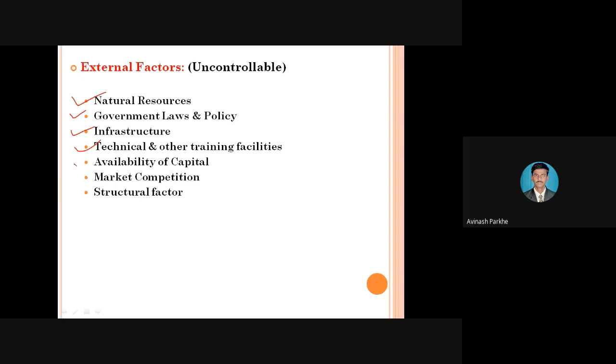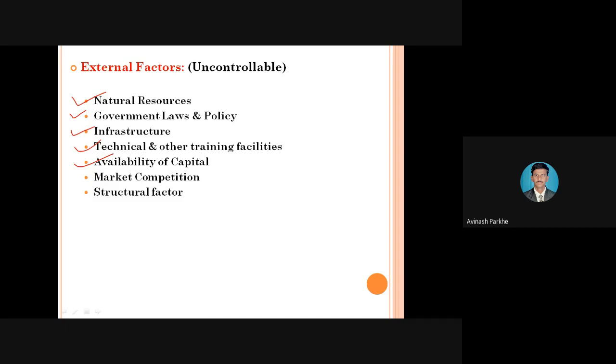Then availability of capital. Availability of capital is also not in your hand. Some capital investment we can add, but sometimes if that much amount is not with you at that time, we have to visit the bankers for loan processes. To take that loan, we have to follow some standard procedures of that bank and of the government. And if the bank is satisfied with your plant, with your organization, then only can it sanction the loan for your new business.